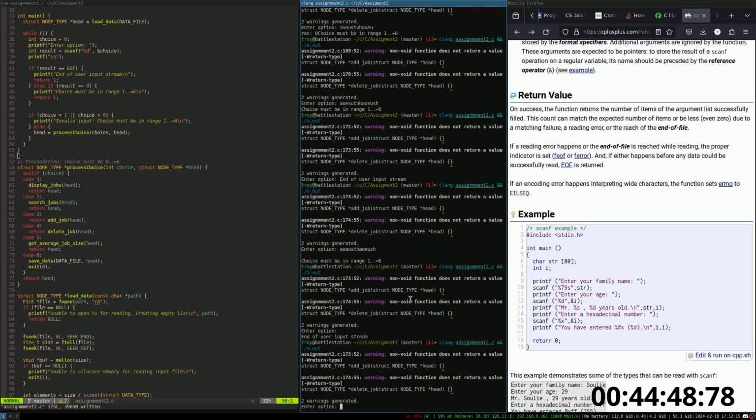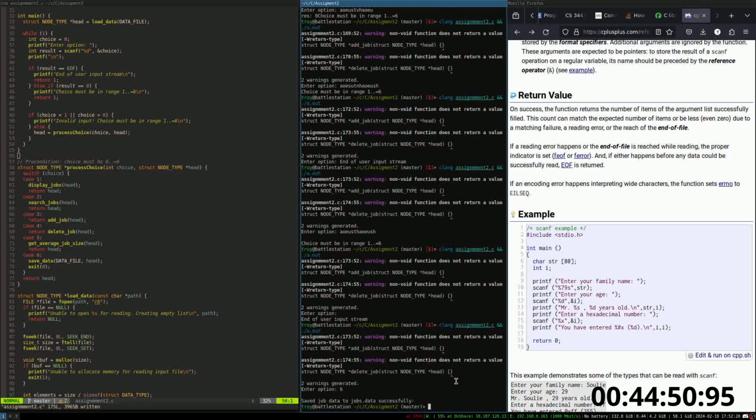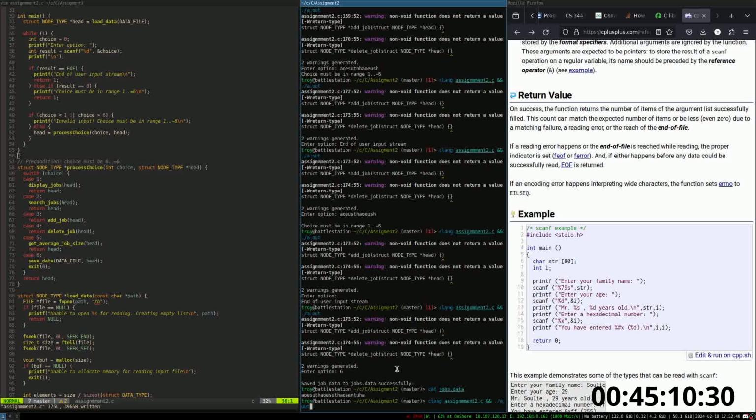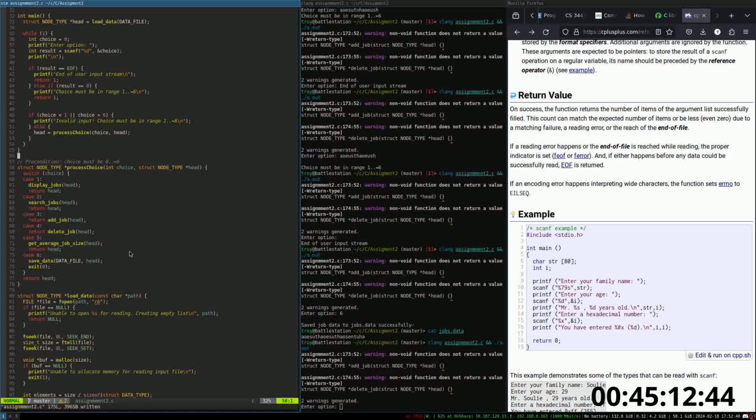Let me think. Okay, we're gonna save right away. Okay, we can't really test this until after, right? Because the only way to test this, because we're reading in the same data we're writing out, would be to read in like an empty thing, add some stuff, and then write it out, and then check it actually was modified. Here, the best we can do... Oh, actually, no, we can